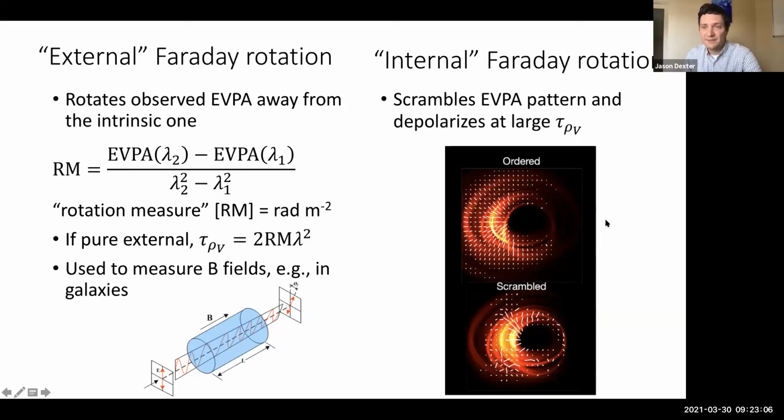And if the Faraday depth is large, then the fluctuations in the Faraday depth between different lines of sight may also be large. And now you can get different amounts of rotation or even depolarization along each ray. And so that's what's shown in the sample polarization maps here. One of them on the top where Faraday rotation is not important, and one of them on the bottom where Faraday rotation becomes important and ends up scrambling this nice polarization pattern and modifying it from what you would have otherwise seen without that propagation effect.